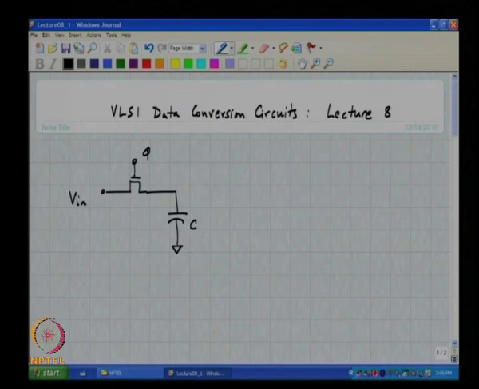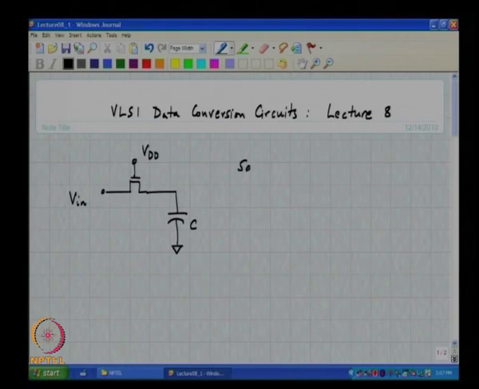on the capacitor. And we were looking at the various non-idealities that could happen during this whole process, and one thing that was responsible for distortion was the variation of the resistance of the switch. And why does the resistance of the switch vary? If, as we are normally used to, we connect this voltage to VDD during the sample phase or during the track phase, the MOS transistor has a resistance which unfortunately depends on